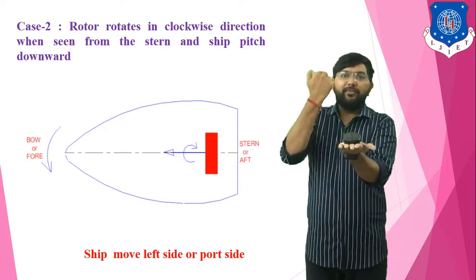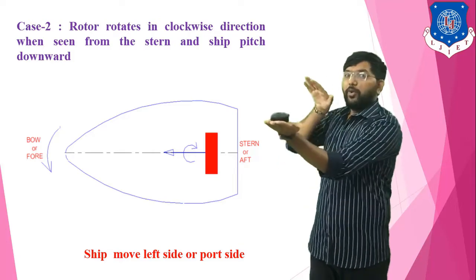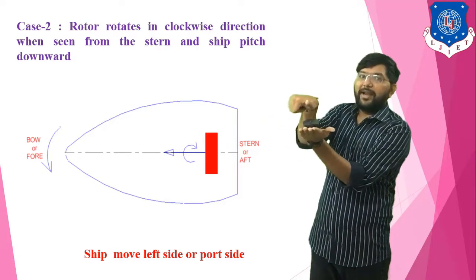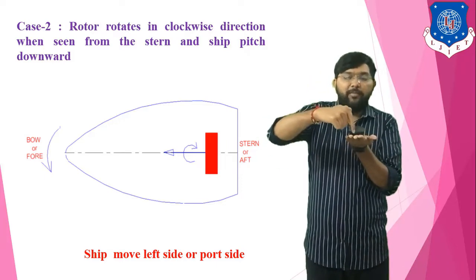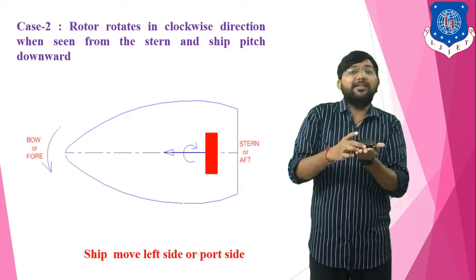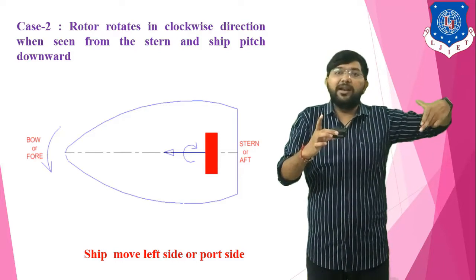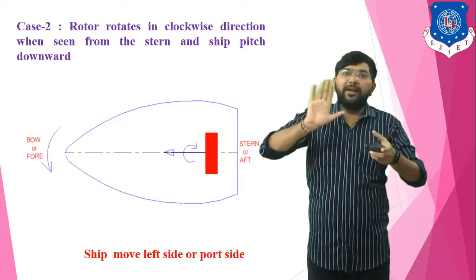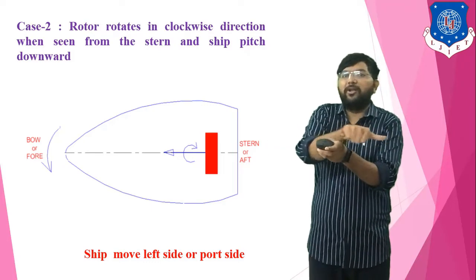So you see the ship from the rear side and at that time the rotor rotates in clockwise direction. So you have to put your finger in the direction of clockwise. At that time the thumb indicates the direction of angular momentum for the rotor. So in this case also the angular momentum is in the straight direction. Clear? But in this case the ship pitches downwards. So rotation for the downward direction is like this. Clear? So you have to put your finger in the downward direction. At that time the thumb indicates the direction of angular momentum.